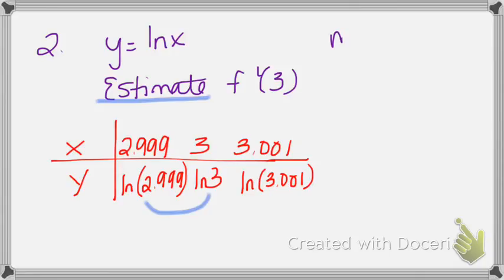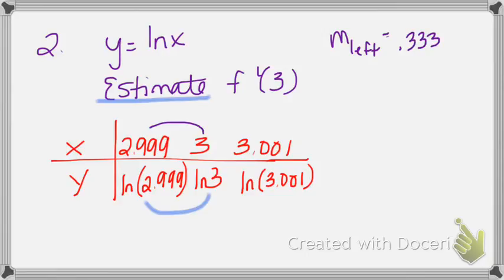Sometimes we can write m left, meaning slope on the left. I'm going to start with the y's, and in my calculator I'm going to put natural log of 3 minus natural log of 2.999. I got 3.333 times 10 to the negative 4th if you're doing it with me. And then divided by 3 minus 2.999. Now I'm keeping my whole decimal in the calculator. I'm not rounding it. And when I divide that, I get